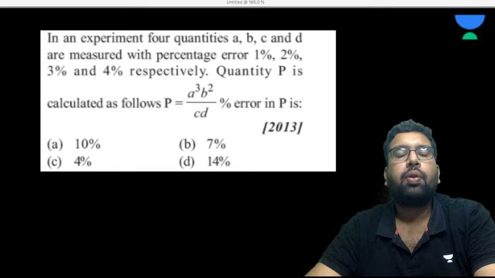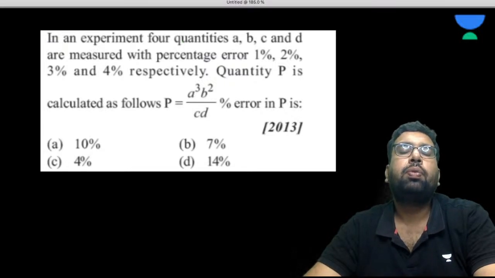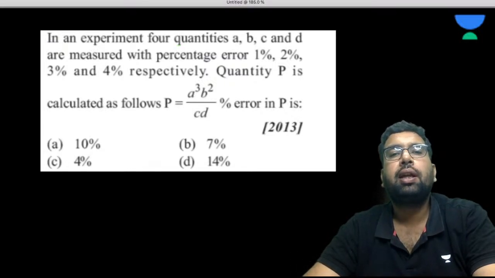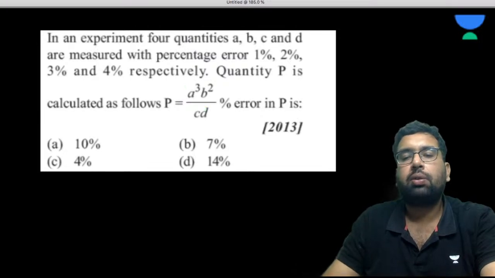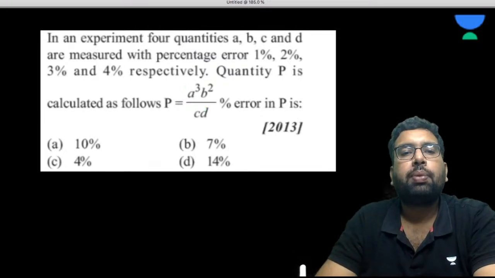So how could we do it? In an experiment, four quantities A, B, C, D are measured with percentage errors 1%, 2%, 3%, and 4% respectively. Quantity P is calculated as follows. The percentage error in P is? So what is going to be the percentage error in P? Can we write delta P by P into 100